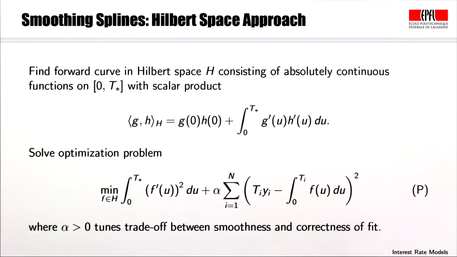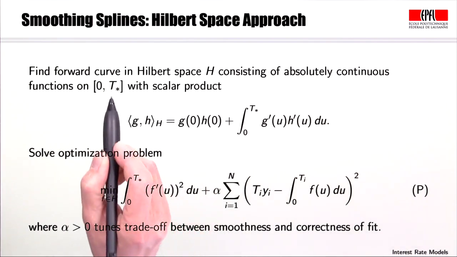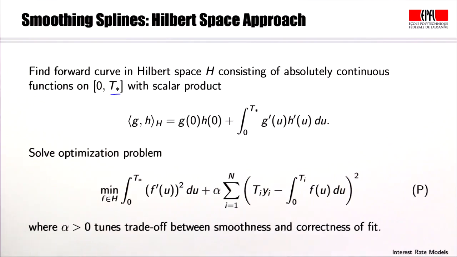Smoothing splines can overcome the issues of flexibility and stability of the Nelson-Siegel and Svensson curves. The idea is to find the forward curve matching the data in the space of all possible forward curves. We formalize this by fixing a finite time horizon, T star, and look at the Hilbert space H,